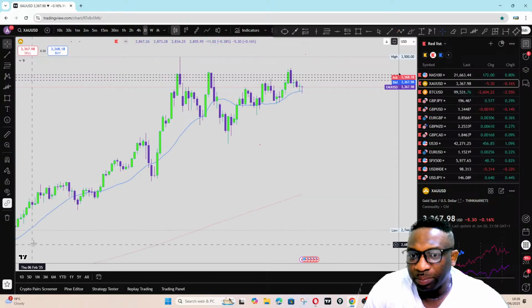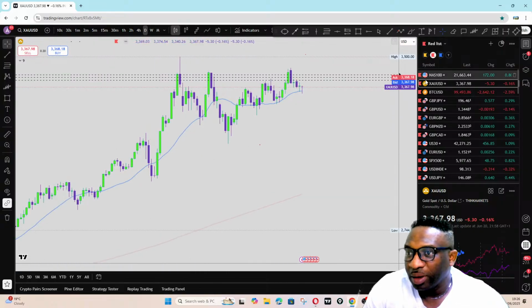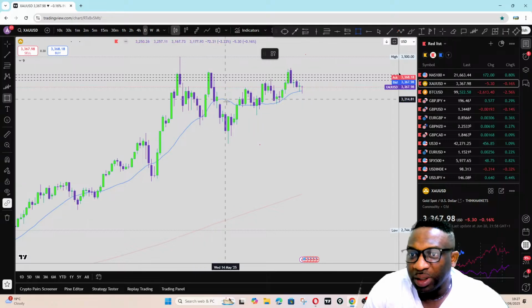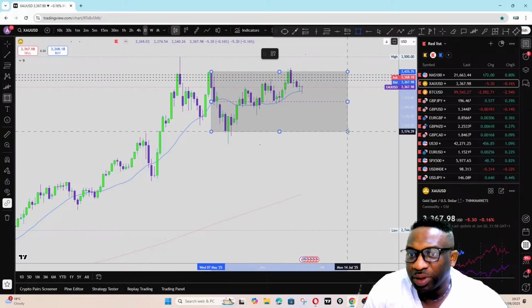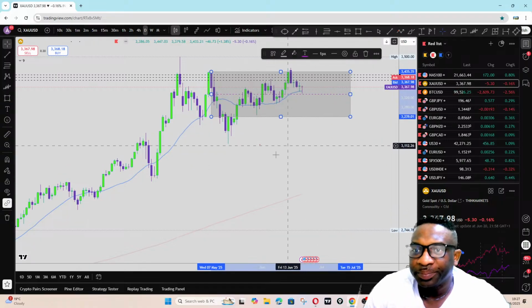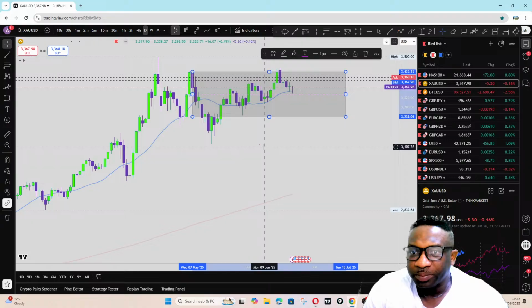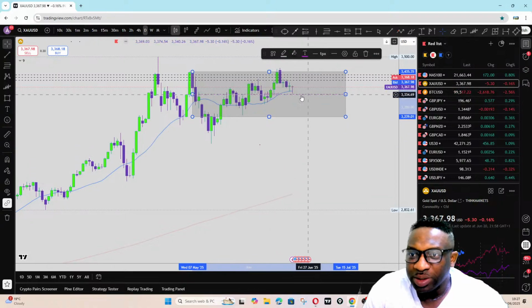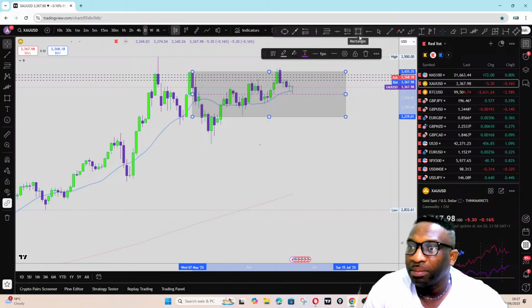After this push up, all this area appears to be an area of consolidation, let's say from here. So from this point on, we can kind of make this much easier,